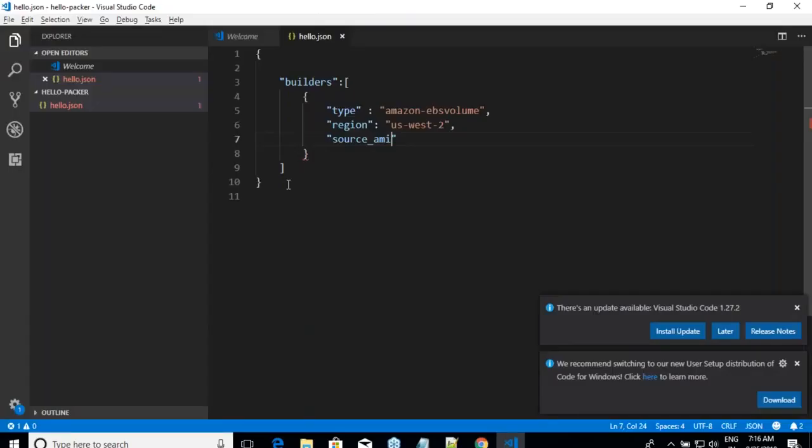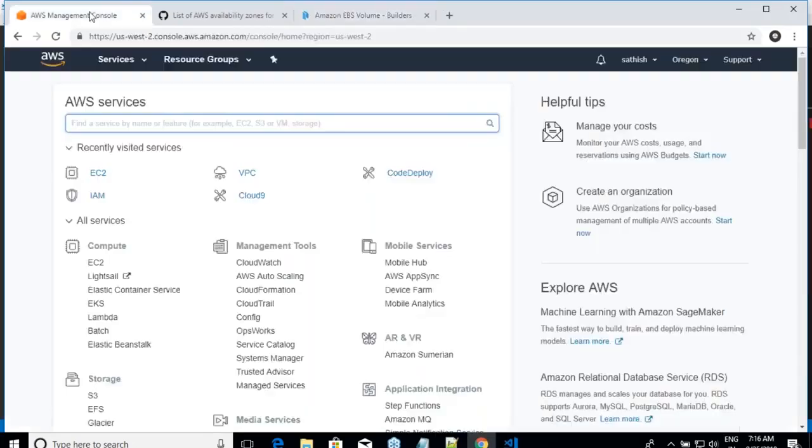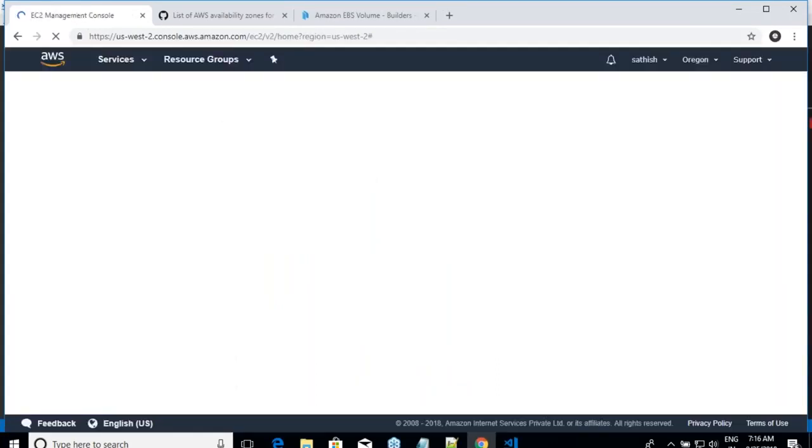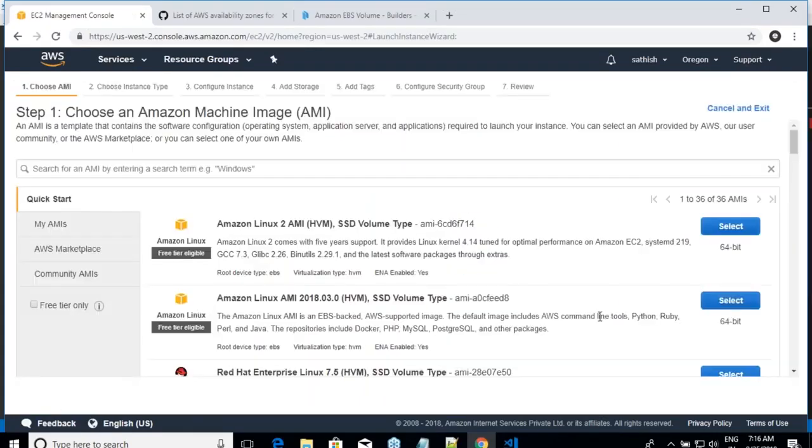So let me go back to AWS, click on EC2, and say, let us assume that I want to create an AWS image which is some Ubuntu version. Let me click on launch instance. Are you seeing images? Yes. And are there any IDs? Yes. Remember, these IDs change from region to region.